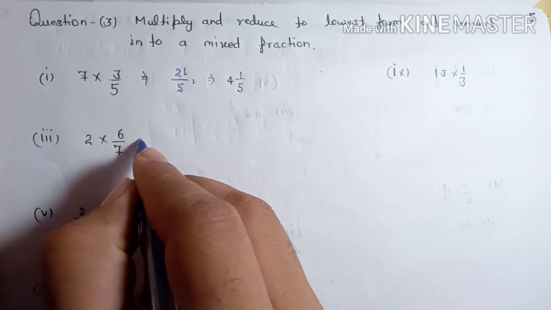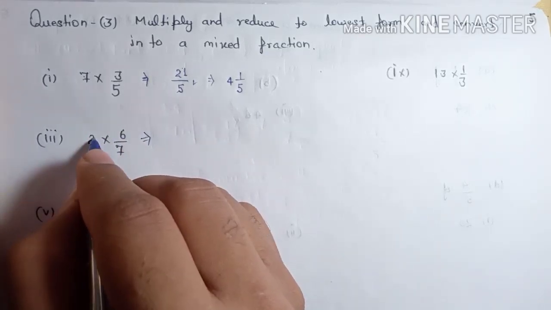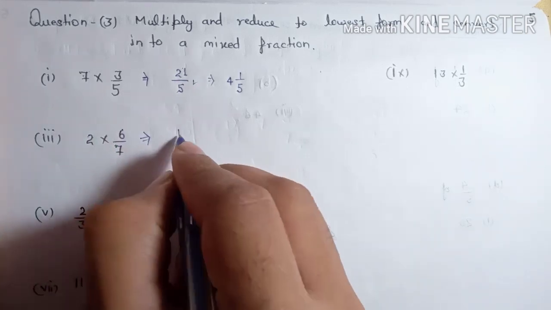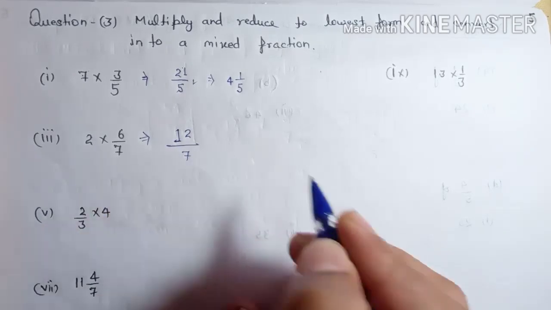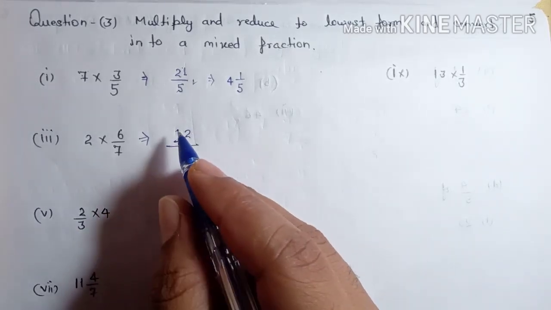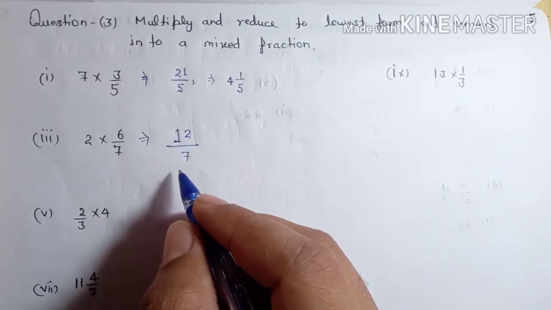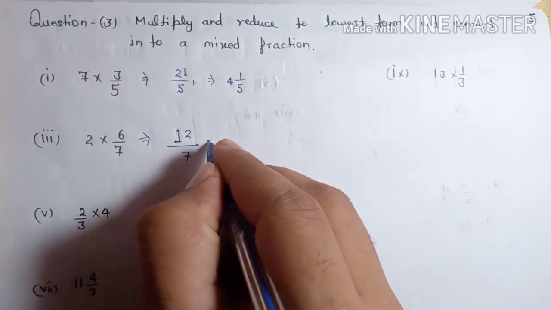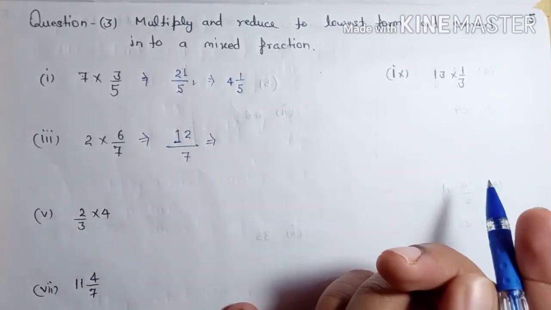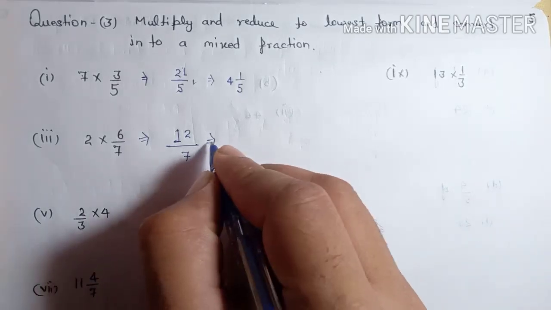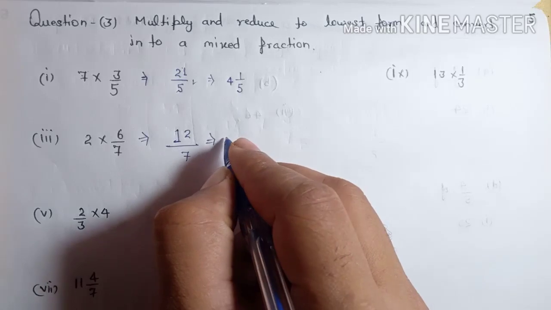So again multiply this whole number and this numerator, you will get 12. 6 2s are 12 upon 7. Again, there is not any number which can divide this 12 and 7, rather than 1. So if you don't have such a number, then you can say it is in the lowest form of the fraction. Now if we check 7 1s are 7, 7 2s are 14, so you can't divide, you have to count it only once.